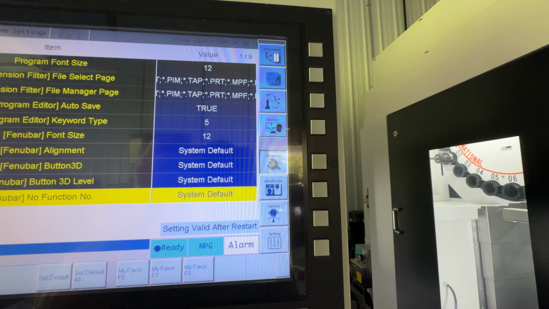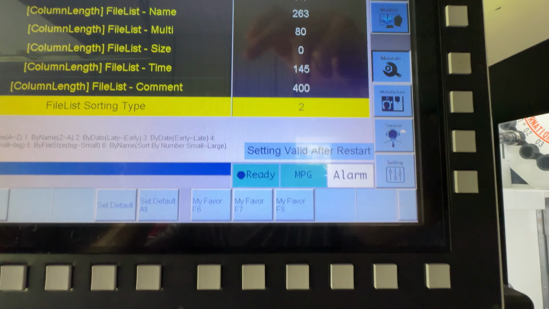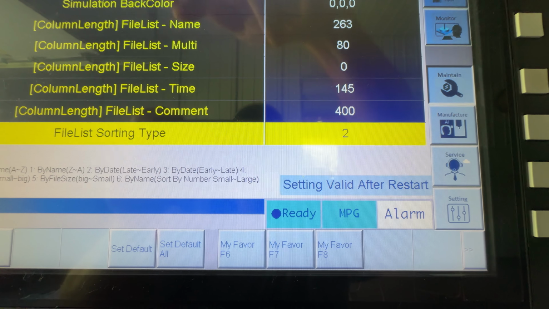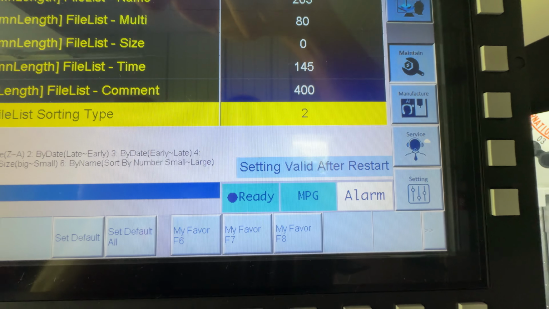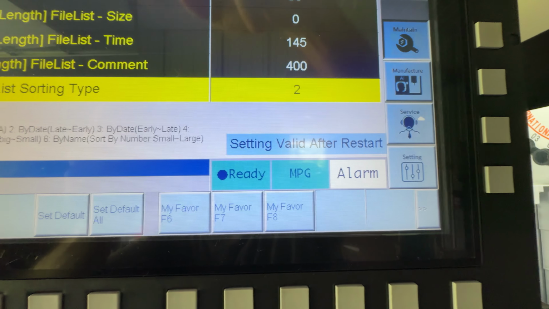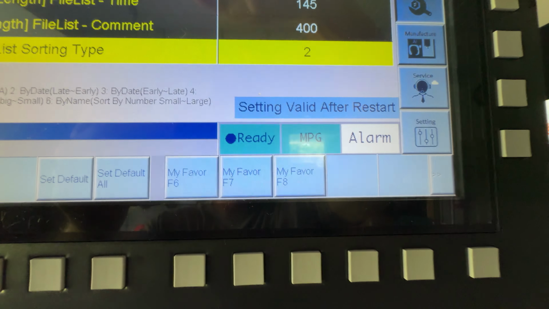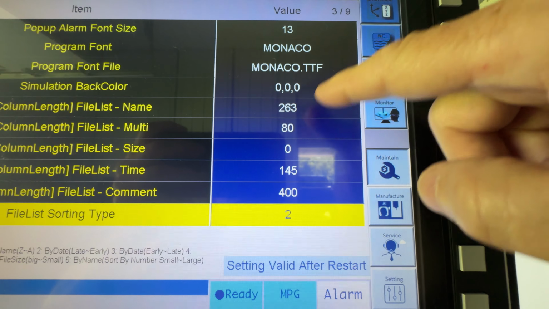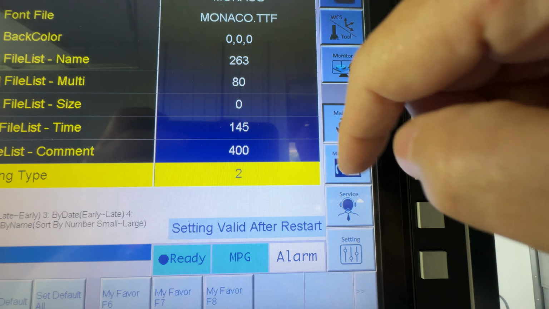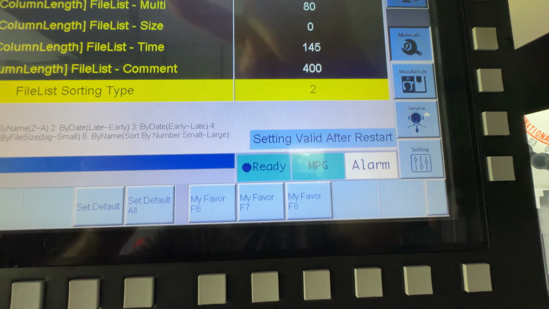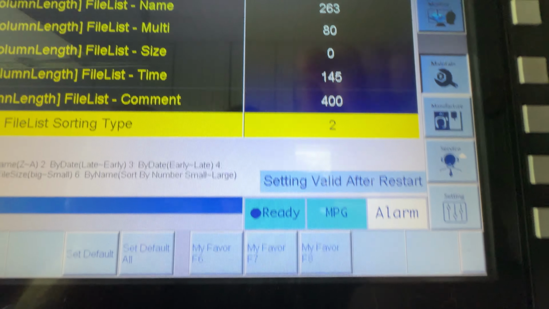And you're going to page down to page 3, and that's going to bring up the list, the file list. There's the name. This is in the different ones, and you can see I've shrunk those down. There's the size. I've eliminated it, right? But those are it. These right here, those five